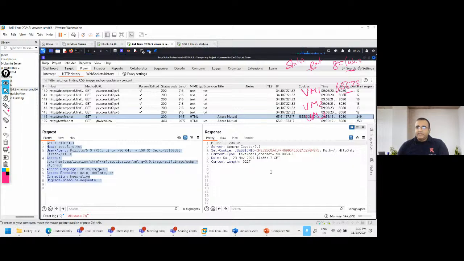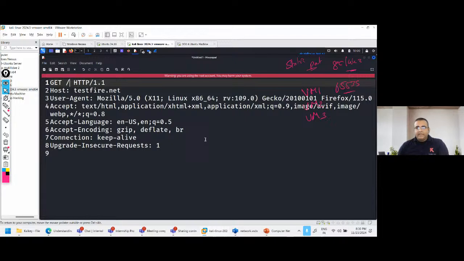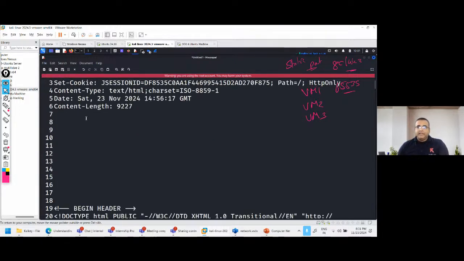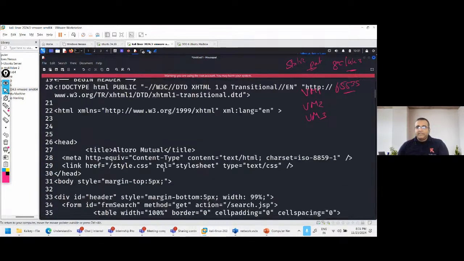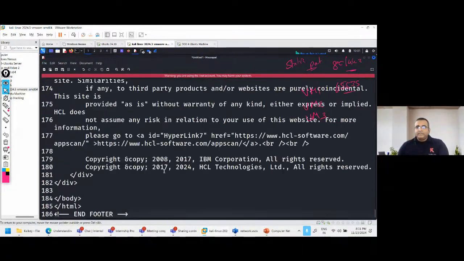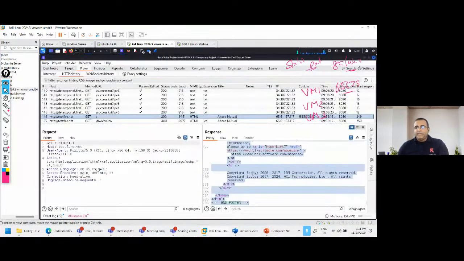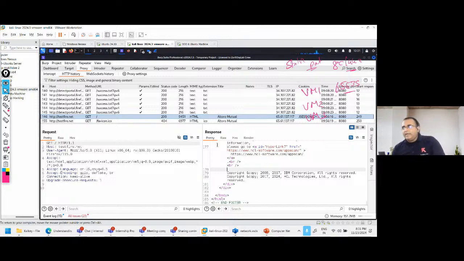In response, what is going to happen is, see here, I'm going to get the HTML part of the page. The server responds back with the HTML code, and this is the code that is getting displayed here in the browser. It is telling where to get the images and things, all that information has been given, and the browser will take care of that. So the reason why I'm showing this is